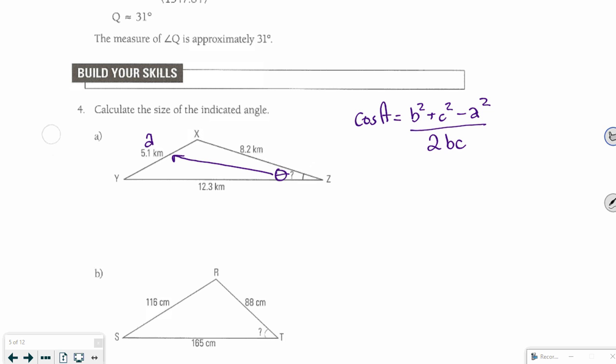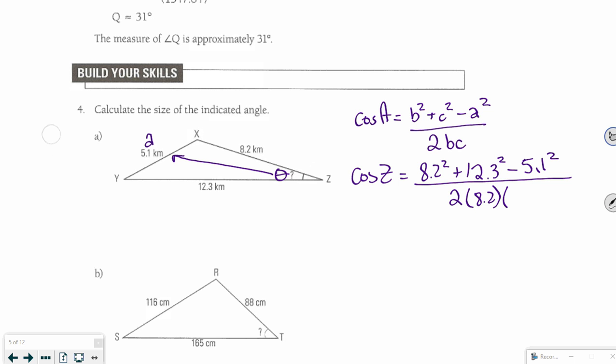So in this case, we're talking about angle Z. So cos of Z equals, B and C don't matter which one we call which. So I'm going to say 8.2 squared plus 12.3 squared minus, this is the one that's important. This one has to be the one straight across from our angle, so 5.1, all divided by 2 times our B side times the C side. Okay, if we simplify the top, simplify the bottom, we end up with cos Z equals